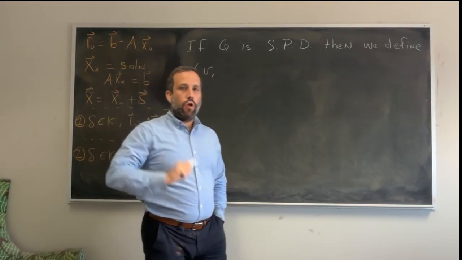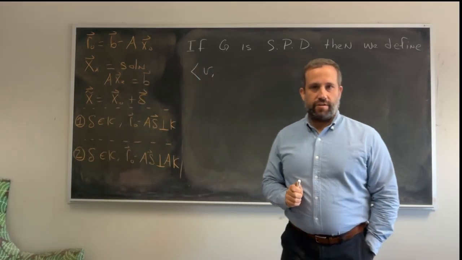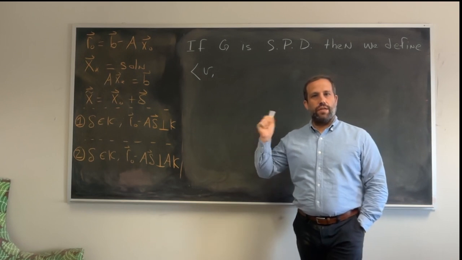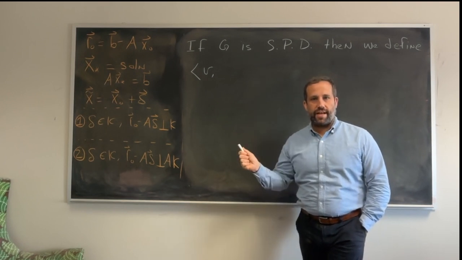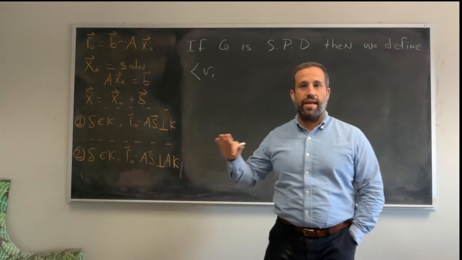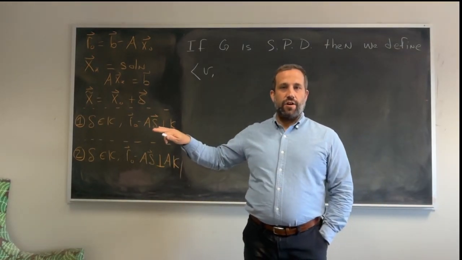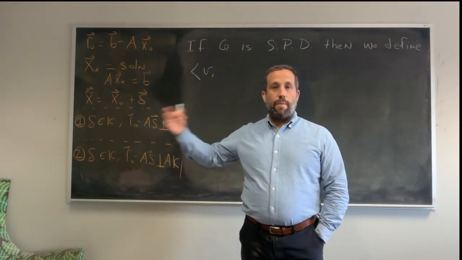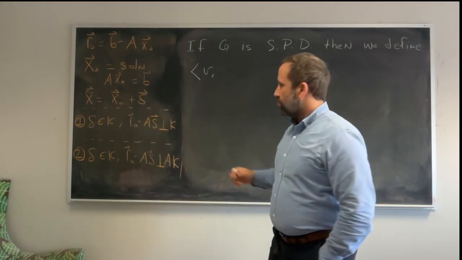Also, I'm no longer going to draw arrows over the vectors, or the tildes. That was just getting a little too much, and I was getting more distracted with the arrows than I was with the actual presentation of the material. So basically, any lowercase letter you see is going to be a vector. Any uppercase letter you see is going to be a matrix. Okay, so